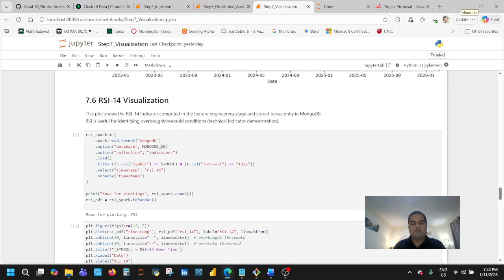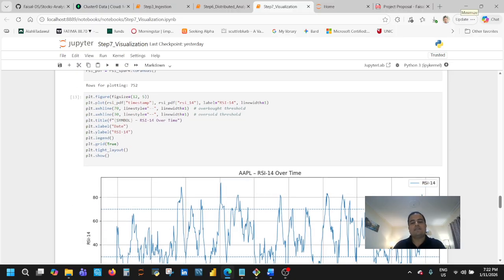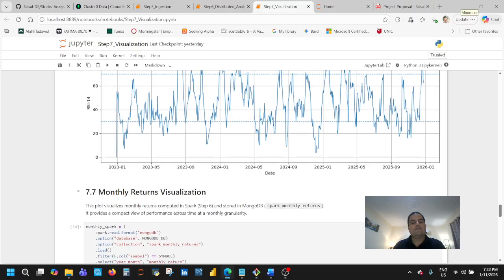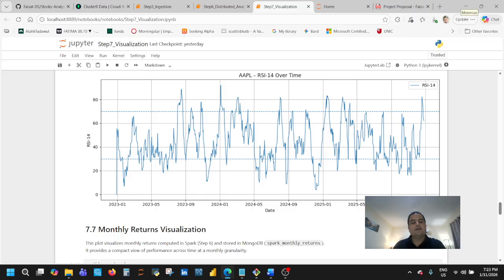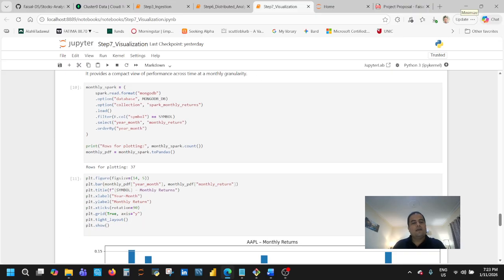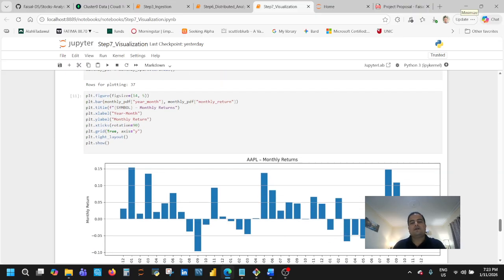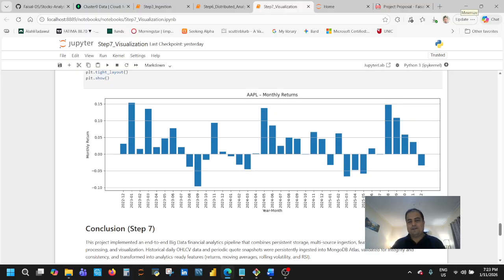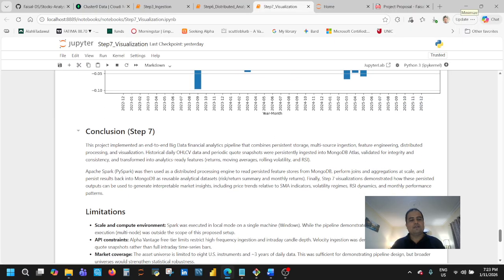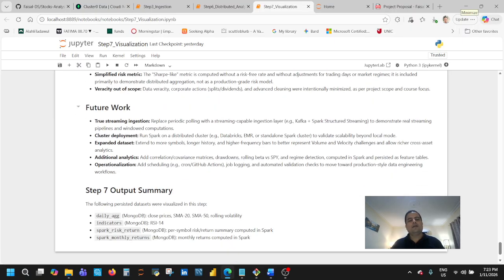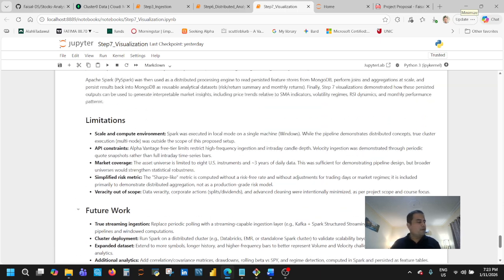Then a very important parameter in stock visualization is the 14-day RSI, and I was also successful in generating this curve. And then there are return curves. In financial terms, the most important curve is basically your monthly returns. And eventually I provided a conclusion and output summary.